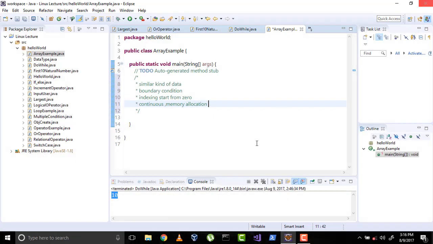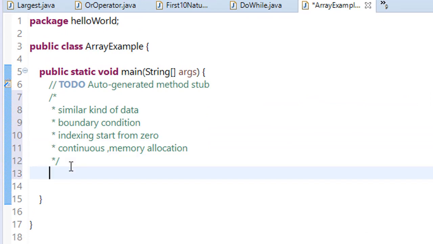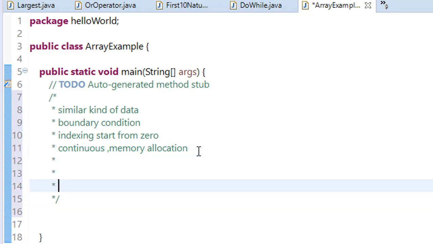Okay, so let's learn how to declare an array. There are many types, and I will tell you some of the recommended ones. For example, the syntax is like this: first you have to define the data type, then this is called the boundary condition, where you can assign it here. You have to give the array a name. An array is also a variable, so consider it a variable.